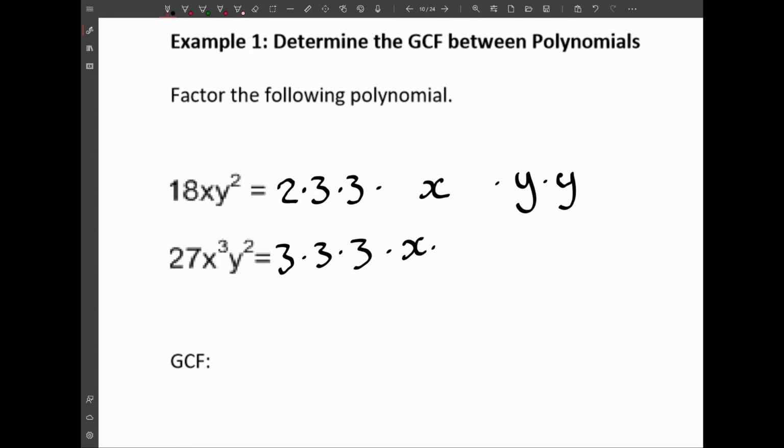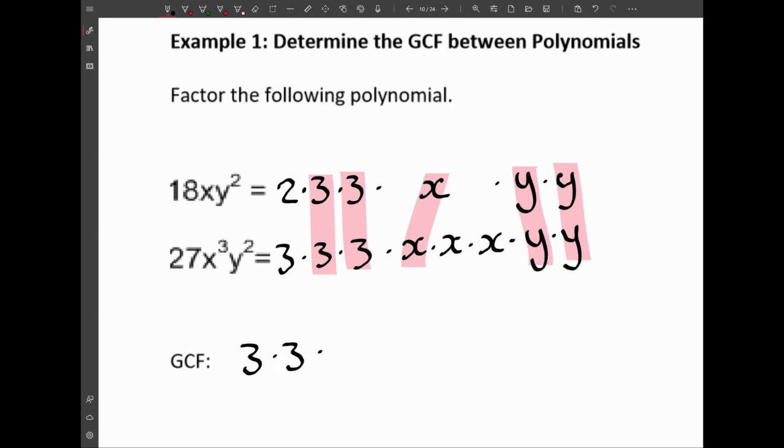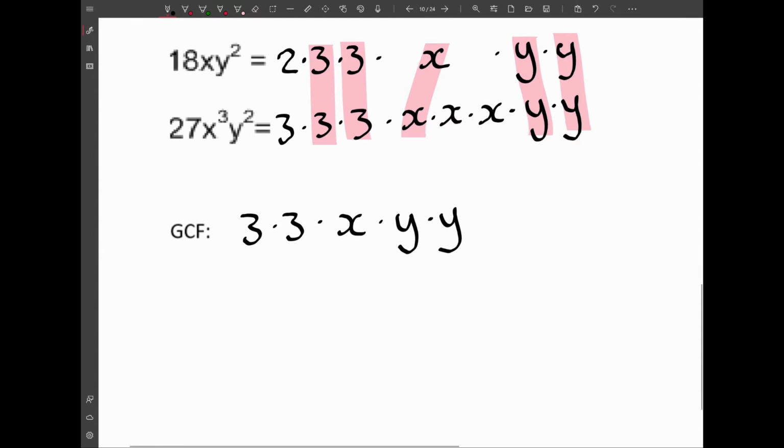It has 3 x's and 2 y's. So we can see there are 2 common 3's, 1 common x, and 2 common y's. So the GCF is 3 times 3 times x times y, or 9xy